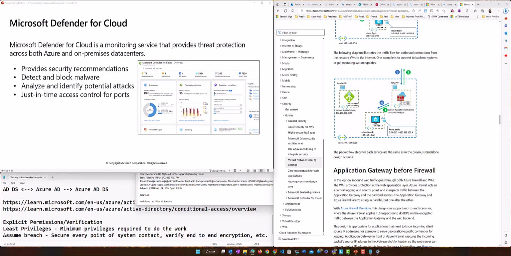हमने configuration गलत की हुई है, कोई attacks आ रहे हैं, something is happening, any kind of configuration mismatch, right? हमने अपनी due diligence कर ली है. We want a system to make sure everything is in order. Somebody messes up the configuration, we want to know. This is where the defender comes in. It's a monitoring service, right?